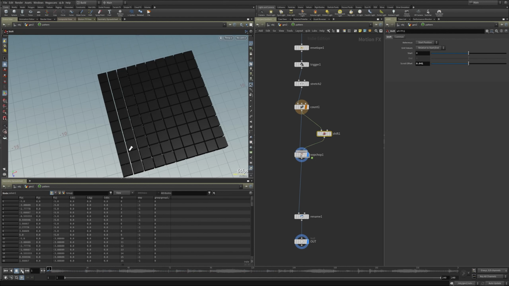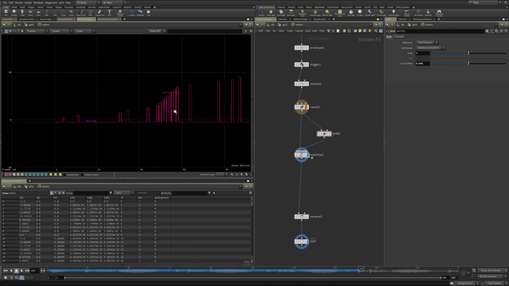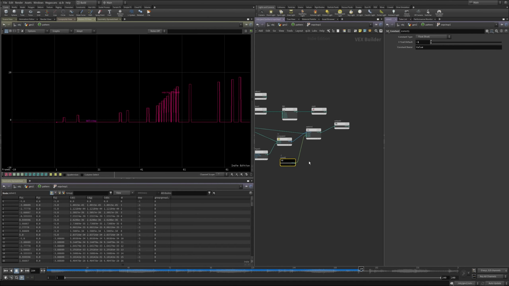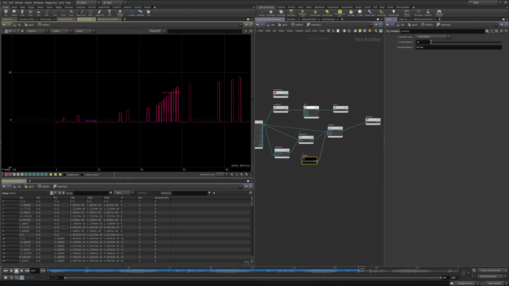Let's take a look at that. All right, and then what we're also going to do is see what that looks like as a random value.